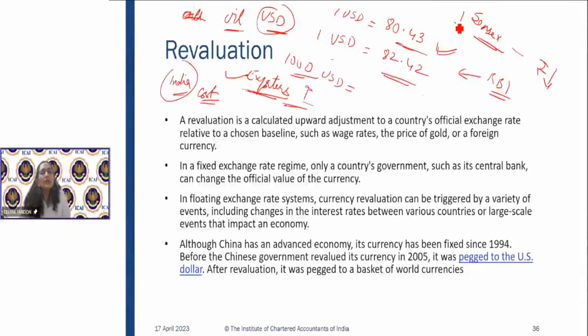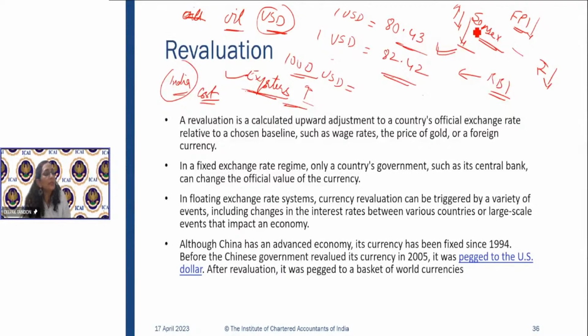The profit margin of this company will decrease. Debt obligations of this company will increase. आपको dividends कम मिलेंगे, and overall profit of the company will decrease. This stock price will go down. Sensex will go down. At the same time, जो FPIs, foreign portfolio investors जो market में invest कर रहे हैं,